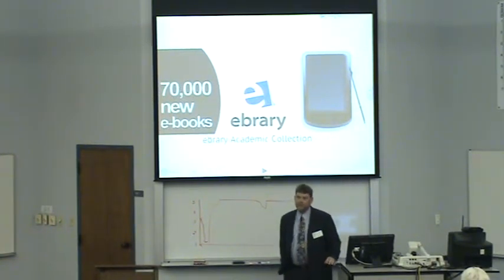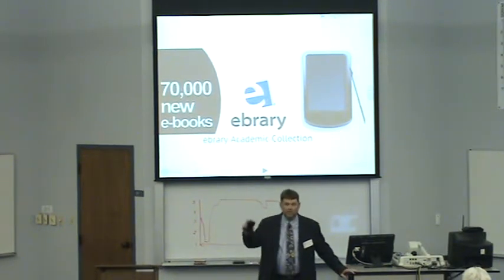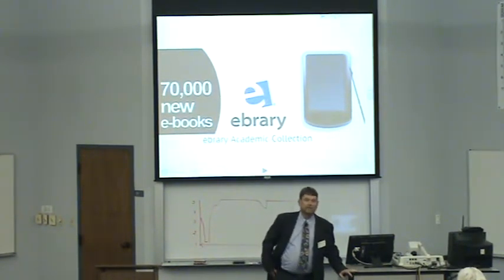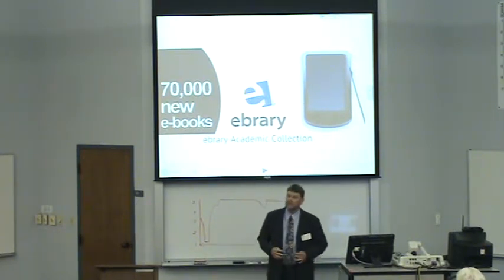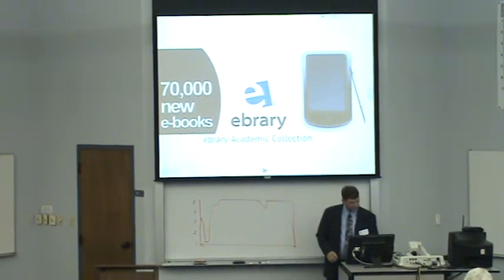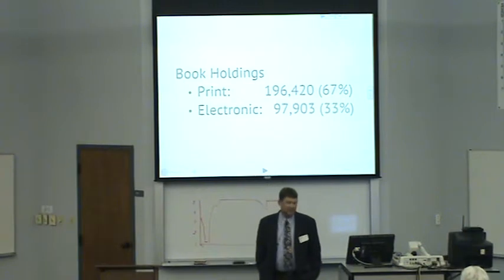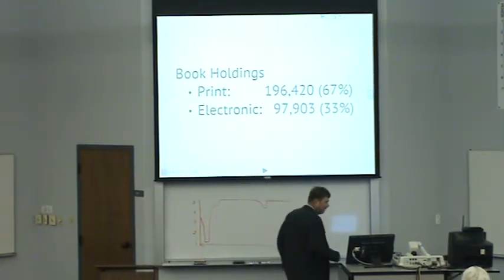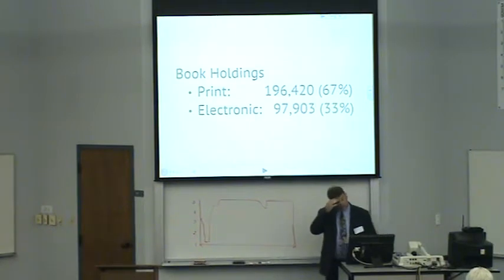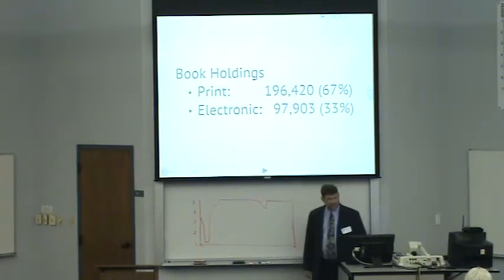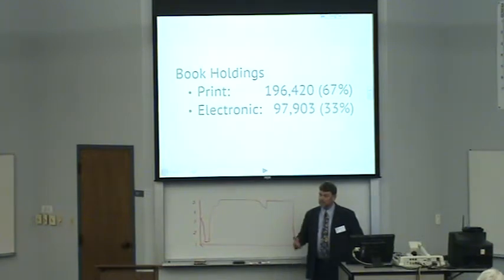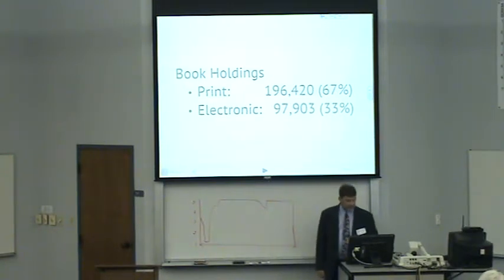It has a very good ability to connect to any little portable device you have, except the Kindle. Kindle still does not work well with other people, so if you're trying to get things on your Kindle, you're always going to have problems. We just want to kind of give you some trends of where we're going. Our print holdings right now is about 196,000 items, and we have about 98,000 ebooks. So as you can see, we have about 33% of our collection in e-content. As time progresses, that number is going to come to a balance, and then at some point we will tip the balance over into more electronic and less print.